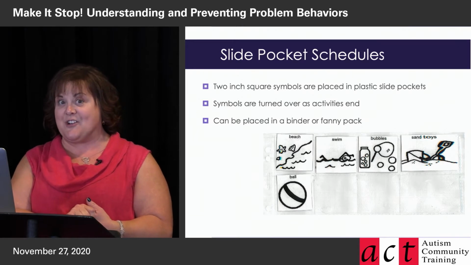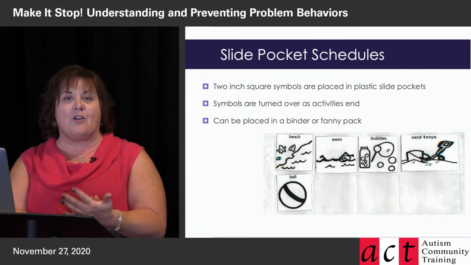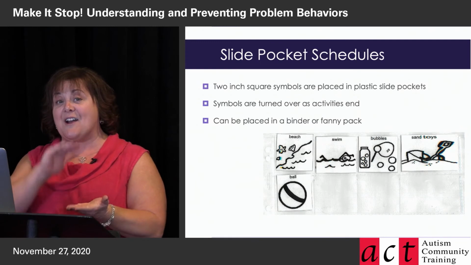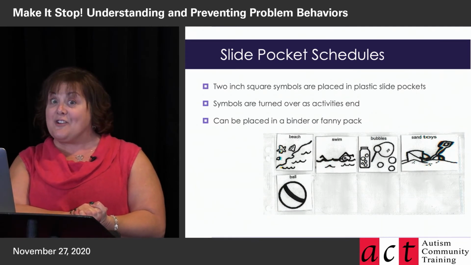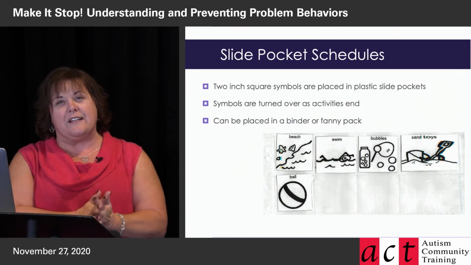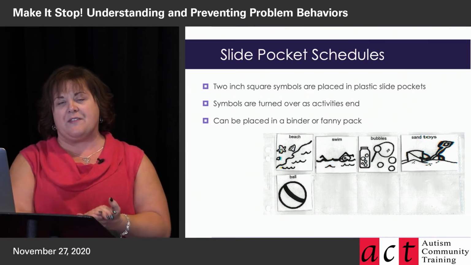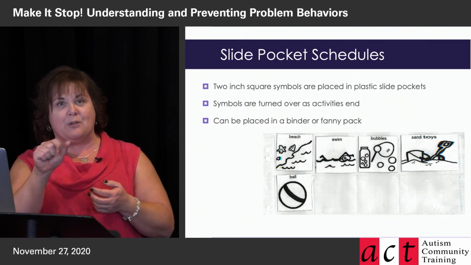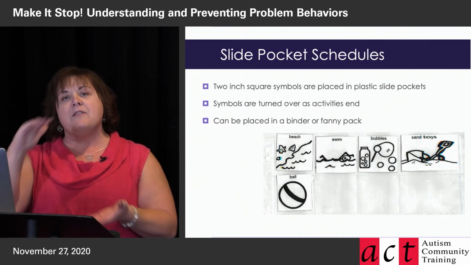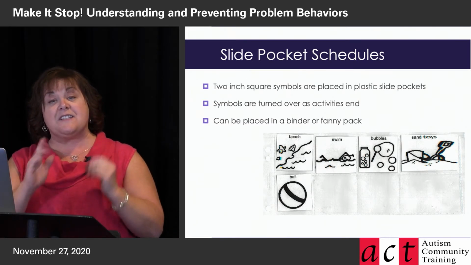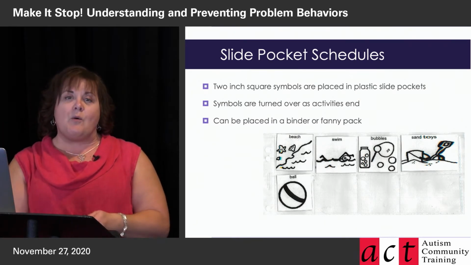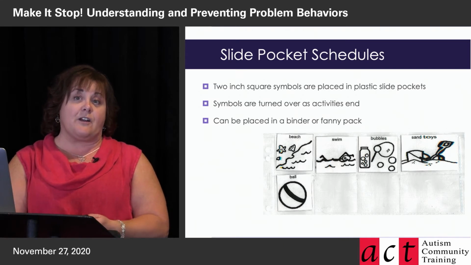I just got an order yesterday because I'm putting a schedule together for a client, and so I just got a whole stack of them. So you can still get them. You just might have to do a little bit of looking. But the nice thing with these is that they fit smaller symbols. You can sequence things along. They're 8.5 by 11 pages that are 3-hole punched, and they can go in a binder as well. So it makes them fairly portable.